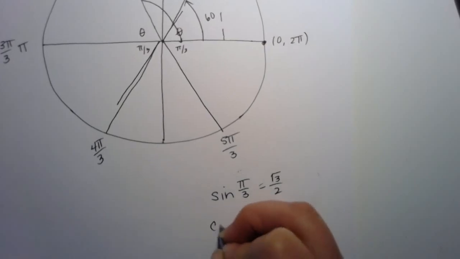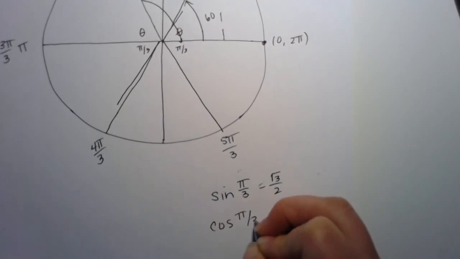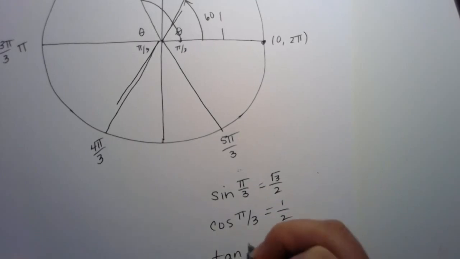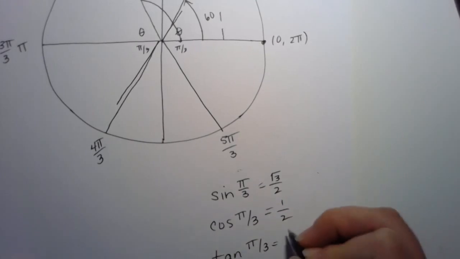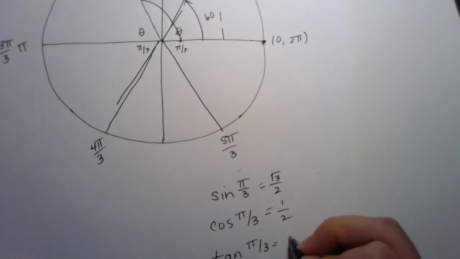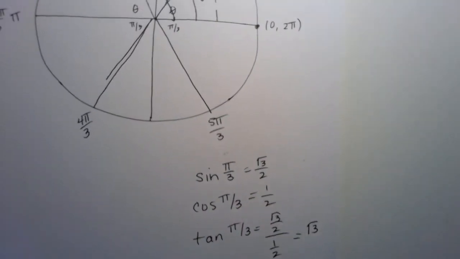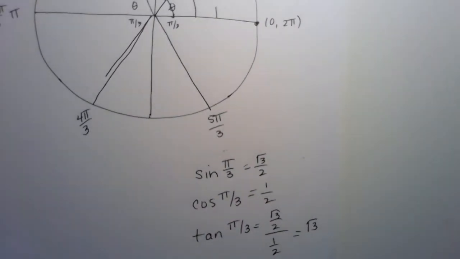The cosine of pi over 3 goes with the x-coordinate, which is a half. And the tangent of pi over 3 is sine over cosine, so that would be the square root of 3 over 2 divided by a half, and this ends up being just the square root of 3 when I simplify it. Now, when it comes to these values, I really want you to remember just the sine and the cosine